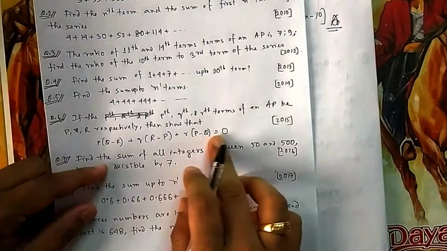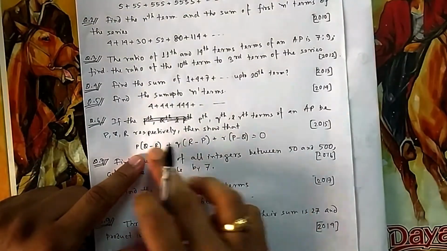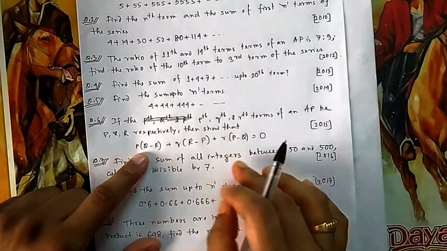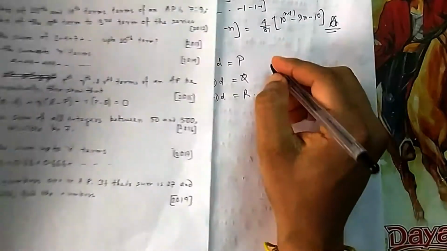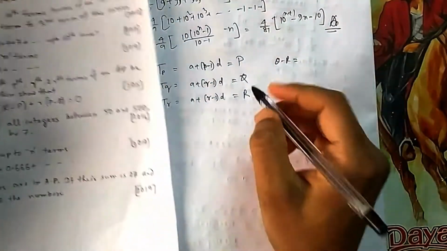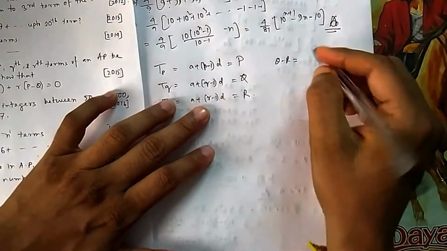Now they asked you to find this LHS. So for this LHS we need all these values. You can write LHS and put the values, or you can first find all these values, then put them in LHS. It will be a little easy for calculations. So for LHS calculation you will be needing q minus r. So you do q minus r. What will be your q minus r? If you deduct this minus this, so A will get cancelled.